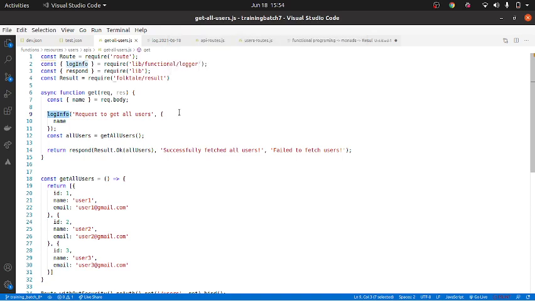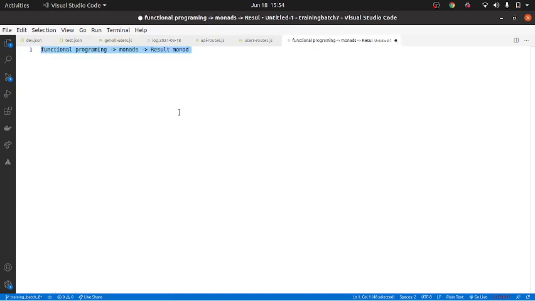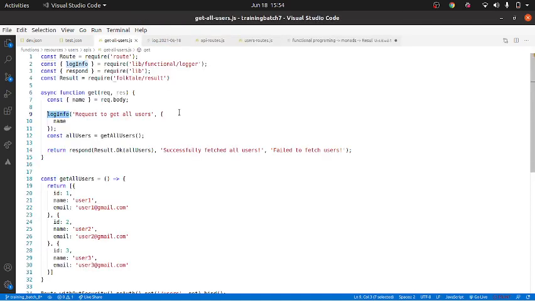Now, sorry, did you have any doubts? Yeah. For me, in that log file we are just passing the name there. So how is it getting all users data also in that log info? No, I'm basically telling what the request is.